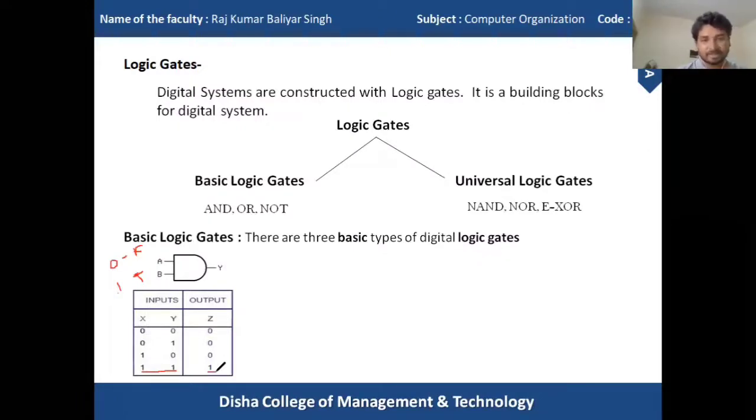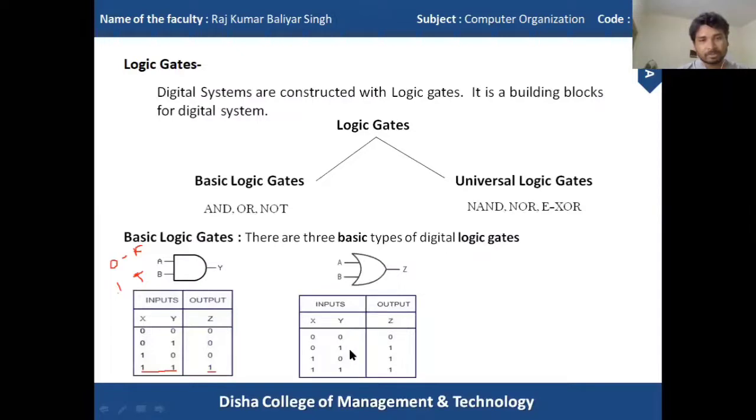The next gate is the OR gate. This is the table of the OR gate, the truth table or the functional table. It is also called the functional table, and it is also called the truth table.